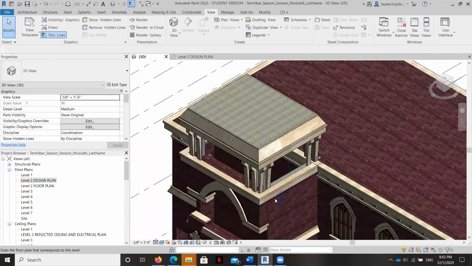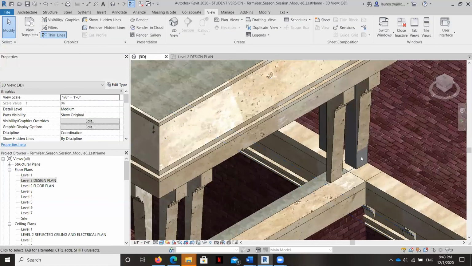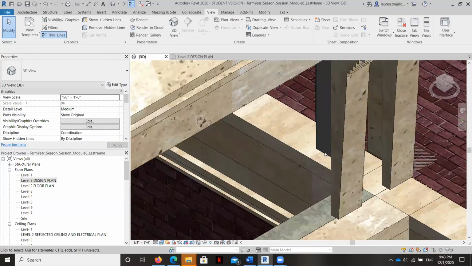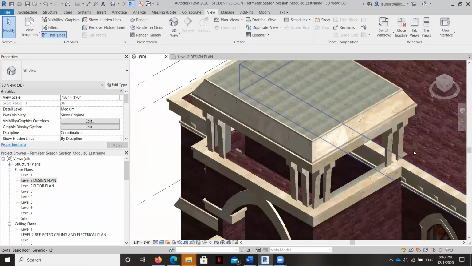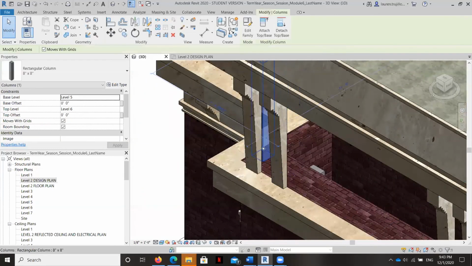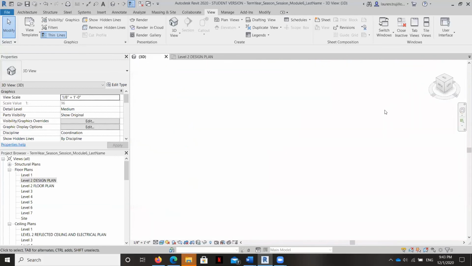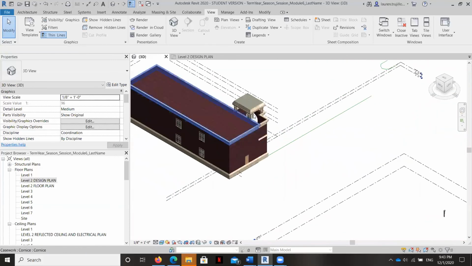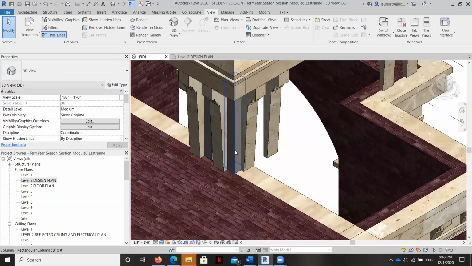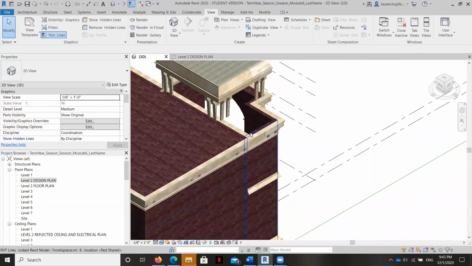So let's begin just by deleting these columns here. And these were fun to learn how to make structural columns as they related to levels at the beginning of the project. But we have since learned how to make column extrusions that have a really beautiful profile and are made from travertine, although they probably have some rebar inside to give them extra support. So I'm going to go ahead and delete those now.